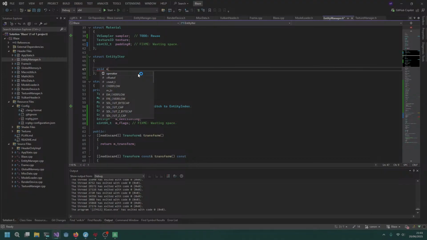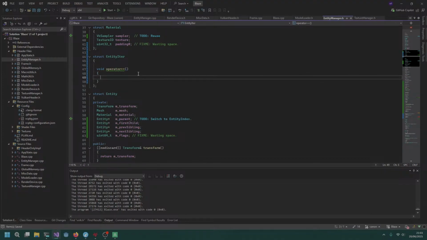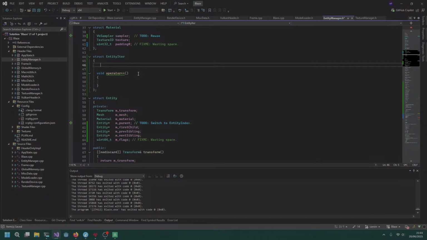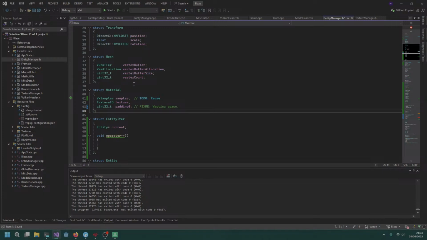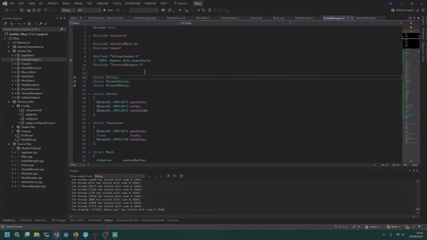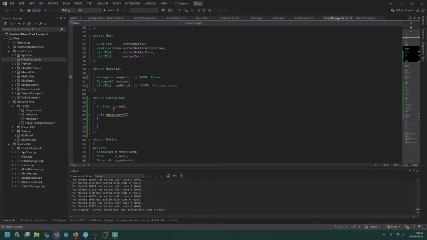So we'll take a void operator plus plus, which is nothing but increment, and we will take an entity pointer current. As you can see, entity iter seems to have an issue, but we can always do a forward declaration for the entity,